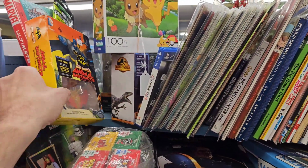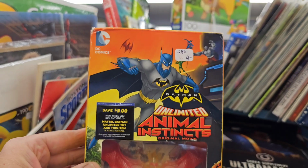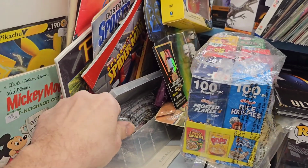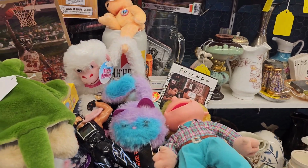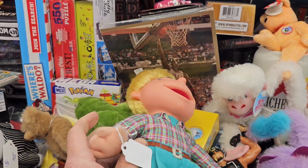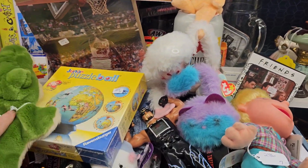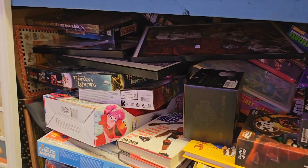Over in this area, they have Ultimate Animal Instincts original movie. Look at that, Batman. It's like a bat in there or something. It's kind of cool. There's a Luke Skywalker, Stormtrooper, Power of the Force, puzzle pieces there. Look at this thing. It's kind of cool. This is Fisher Price, 1994. Different. And Beetlejuice and some other board games and stuff down here. I'm not gonna go digging in there, but